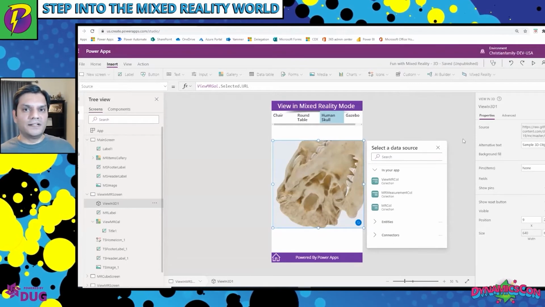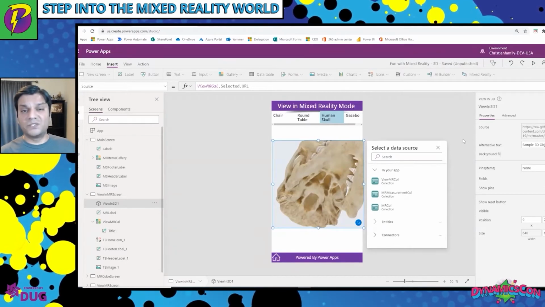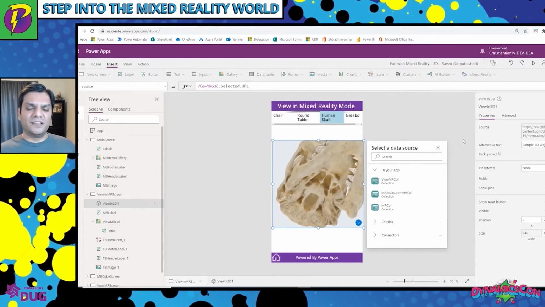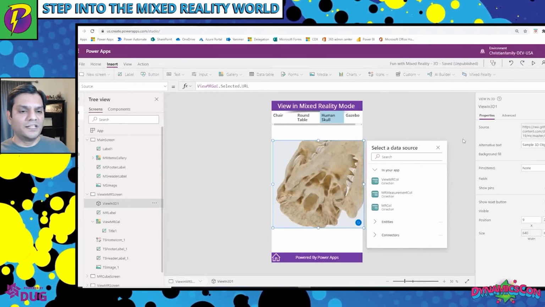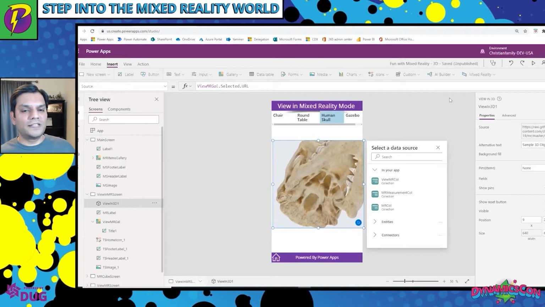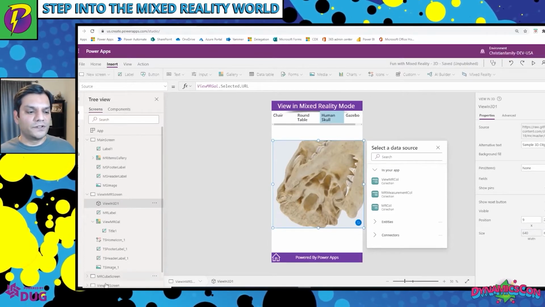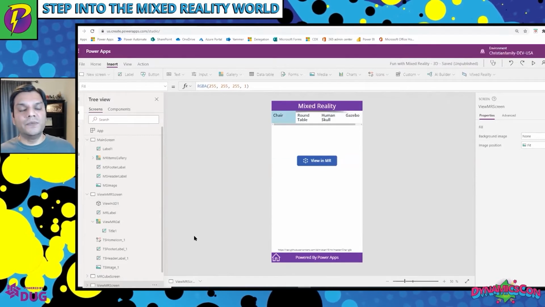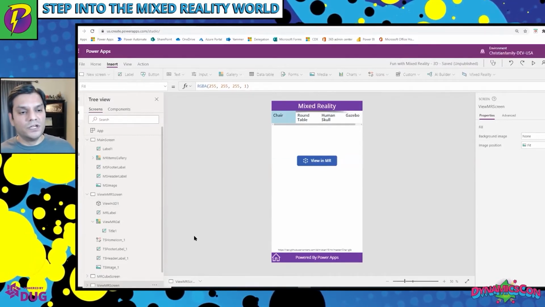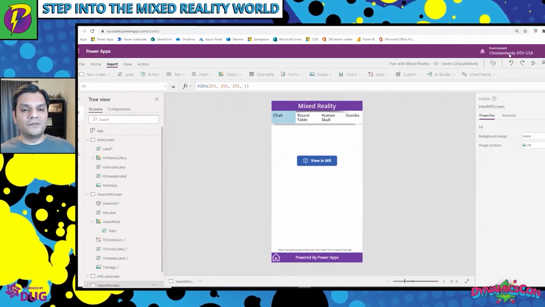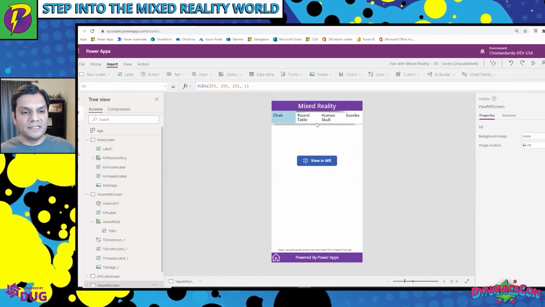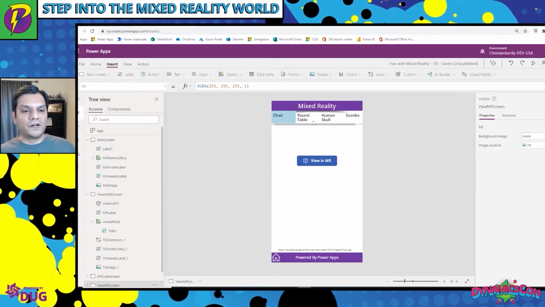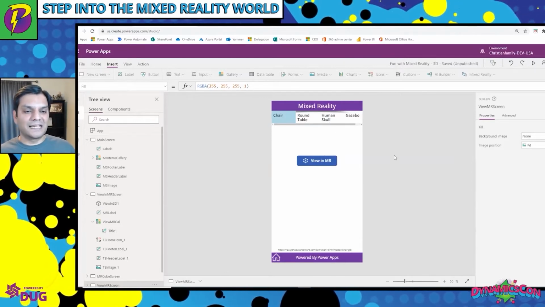Now, the 3D side is fantastic. Initially, this is what I did. I got myself comfortable with it, playing with it on the app side. But after that, I took it a step further. I wanted to actually see it in mixed reality mode, and that mixed reality mode is huge. So I'll give you an overview: the files that I'm referencing are the exact same ones. The chairs, the round table, the human skull are the exact same thing.